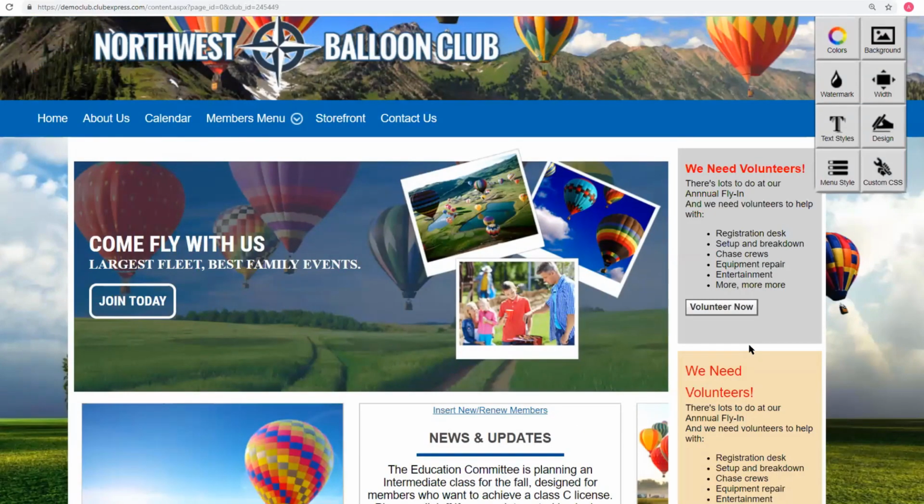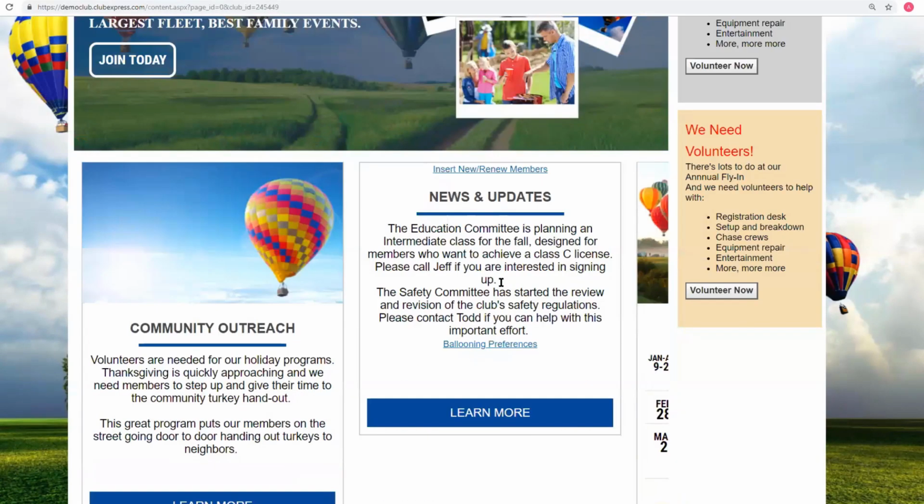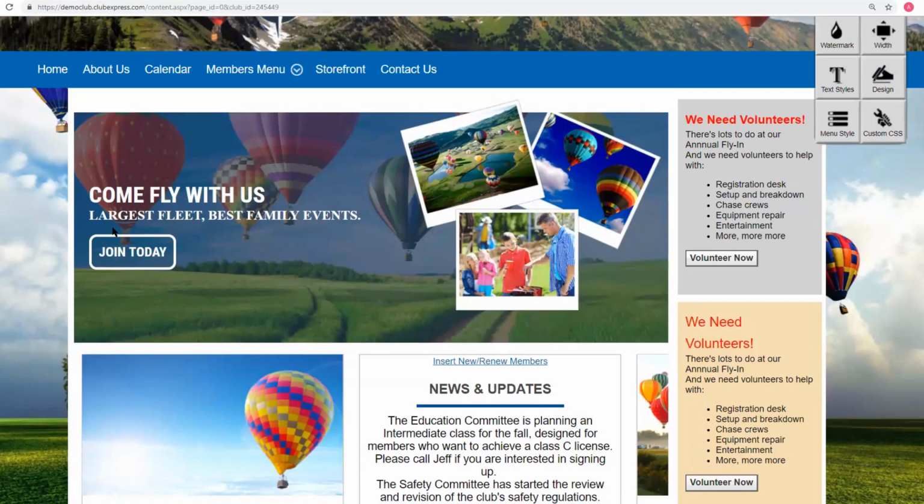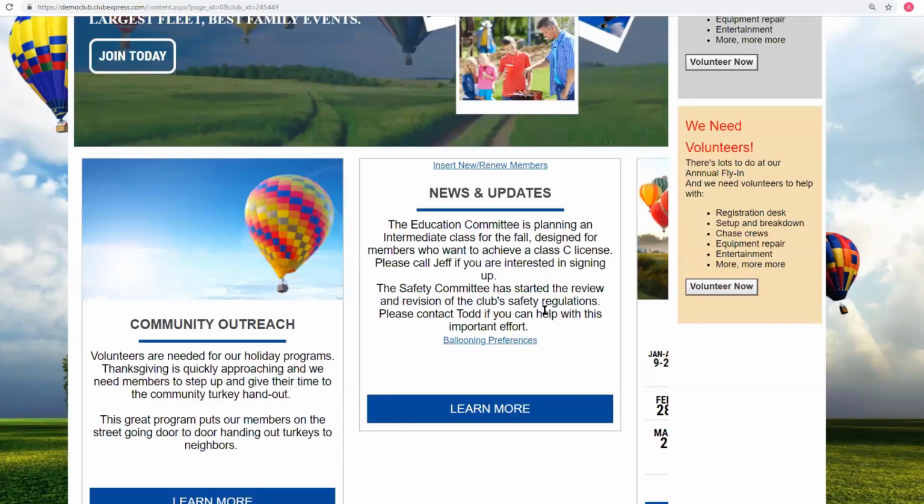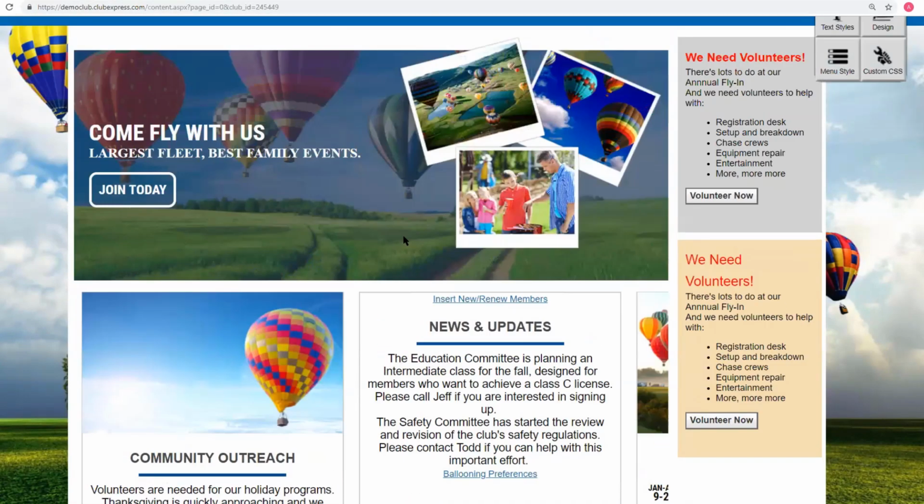So the takeaway here is that your common content areas are dependent on layout. Layouts are dependent on templates because the templates determine what menu style is available for you, whether they be horizontal menus across the top of the page or vertical menus down the left-hand side of the page. And so you also, this particular site, now obviously this content area is wider than the area that we are